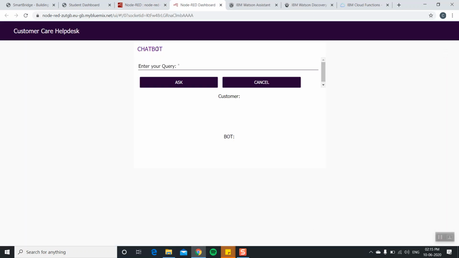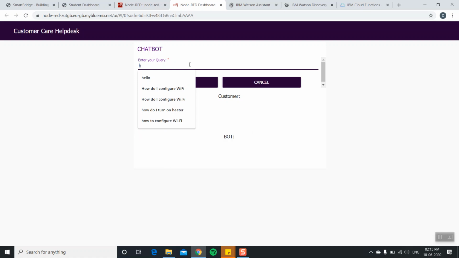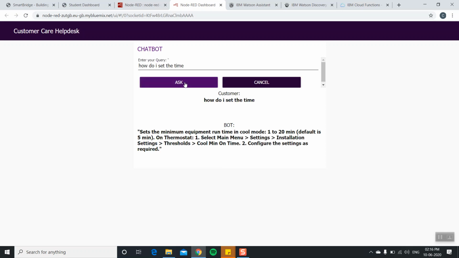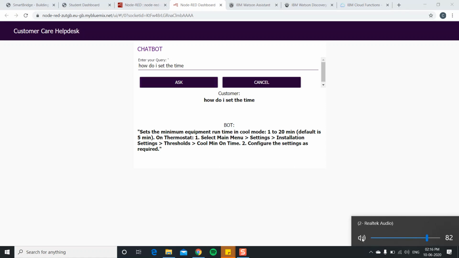we get the following user interface or the bot. Here we can ask questions. Sets the minimum equipment runtime in cool mode, 1 to 20 minutes, default is 5 minutes.